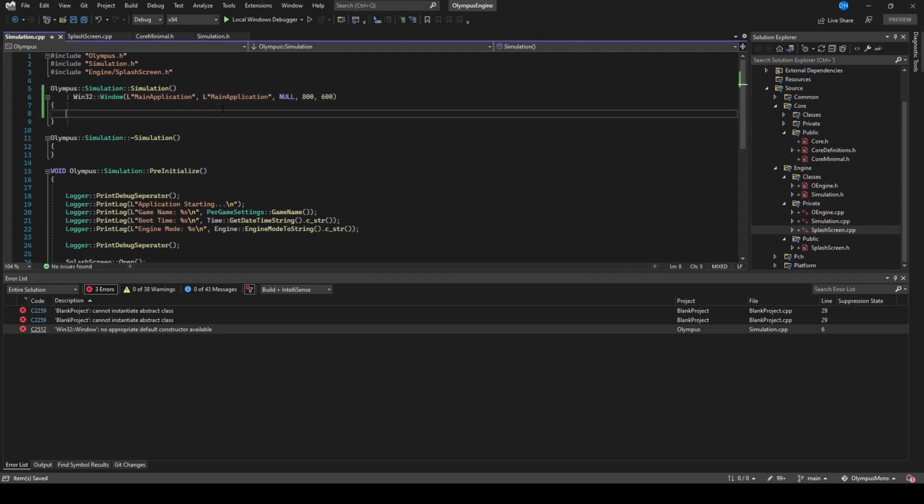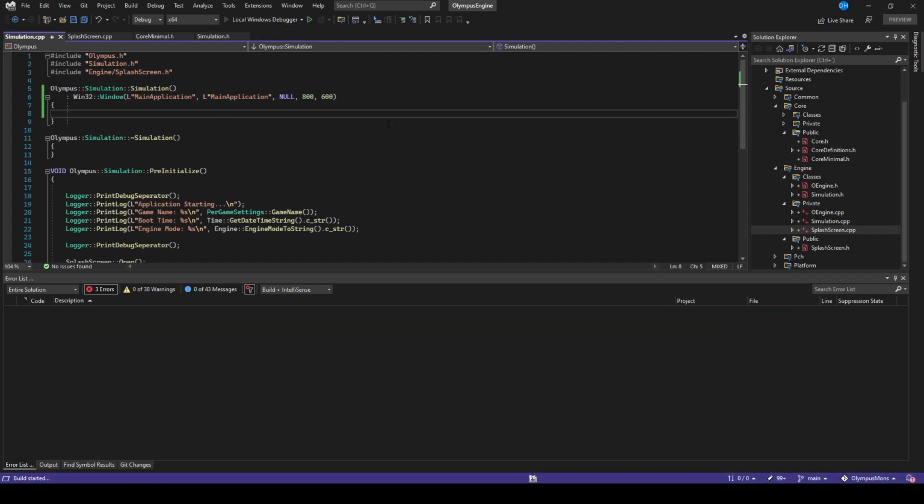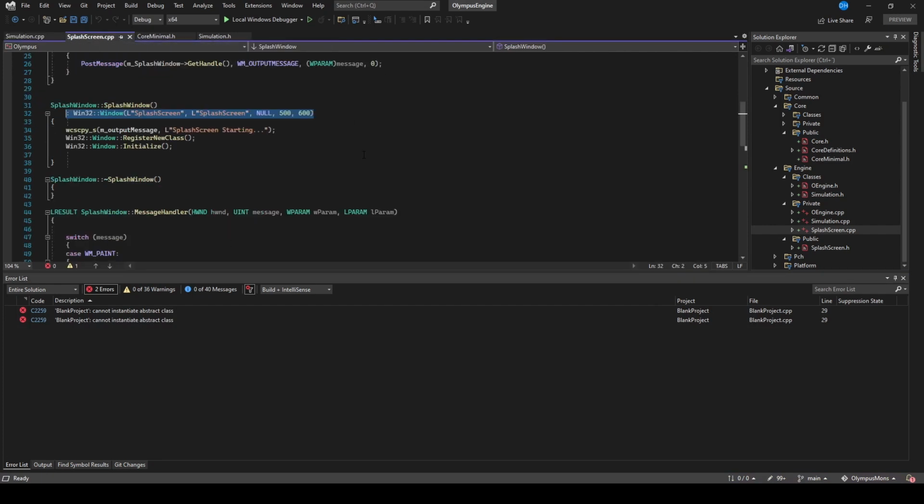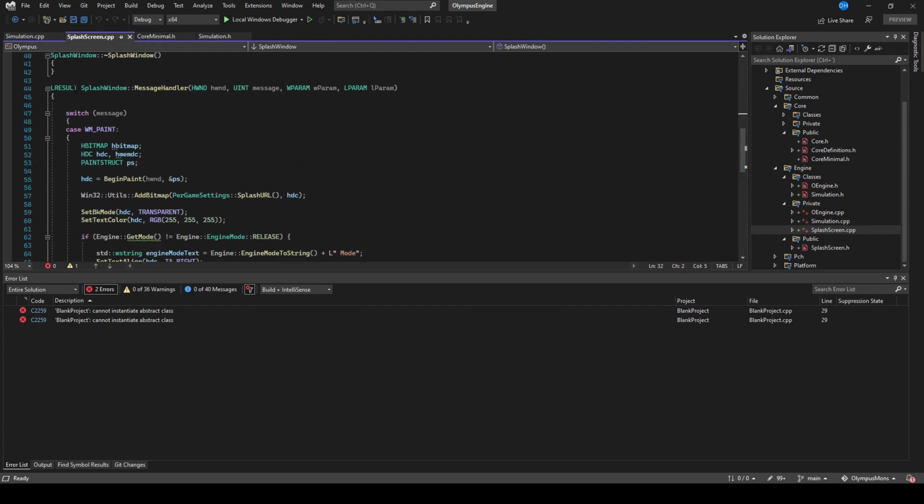Obviously we can change all of these details after it's been invoked and give extra different features to it, different sizes, different names, etc. But this is just to get us started. Now that's done, let's just run that again. It's saying blank project cannot instantiate the abstract class, and this is, if we come down to our splash screen, we can see here we